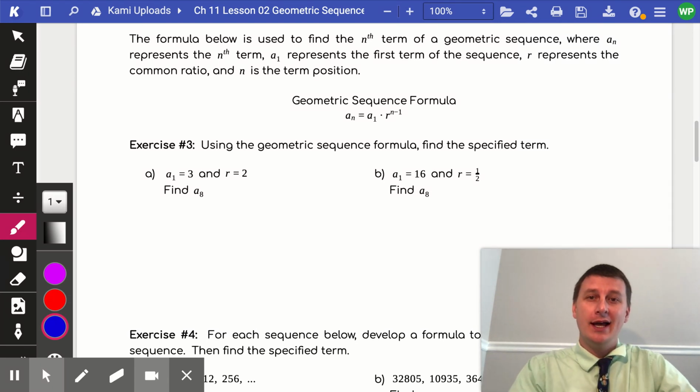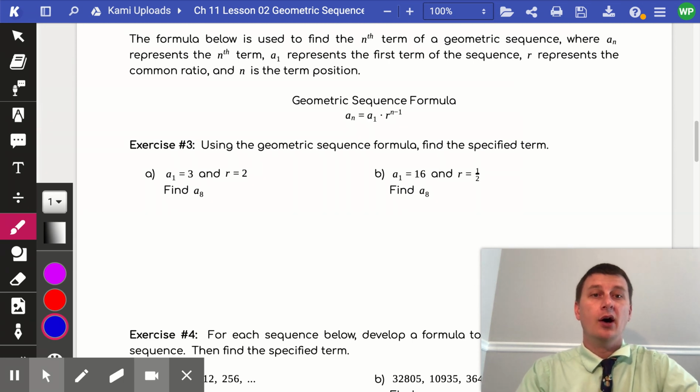Algebra 1. And in this video, we're going to continue on with geometric sequences. If you've seen the videos for exercises 1 and 2, then you're in good shape for exercise number 3, because now we're going to be introduced to the geometric sequence formula. And the formula below is used to find the nth term of a geometric sequence, where a sub n represents the nth term, a sub 1 represents the first term of the sequence, r represents the common ratio, and n